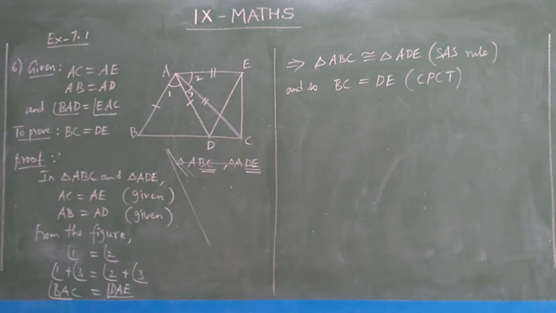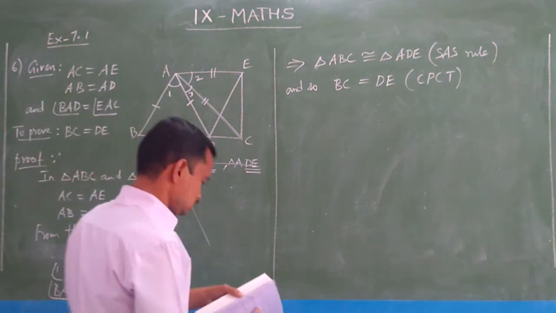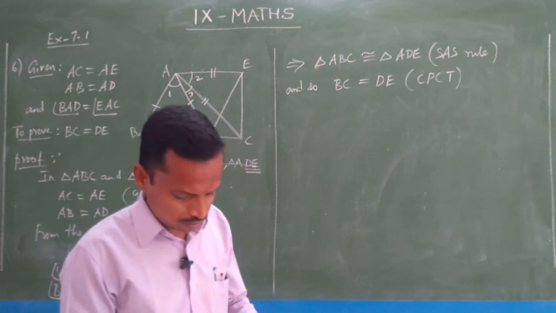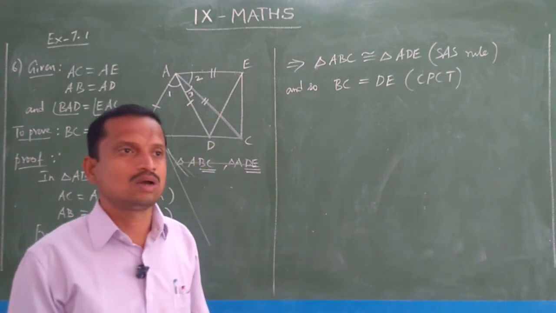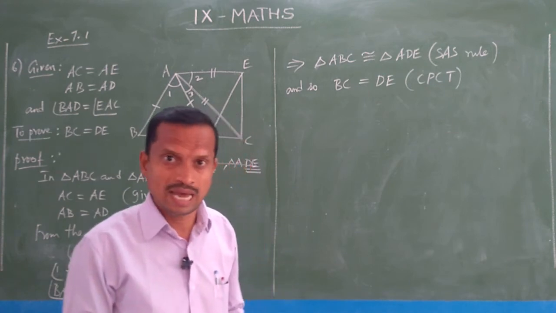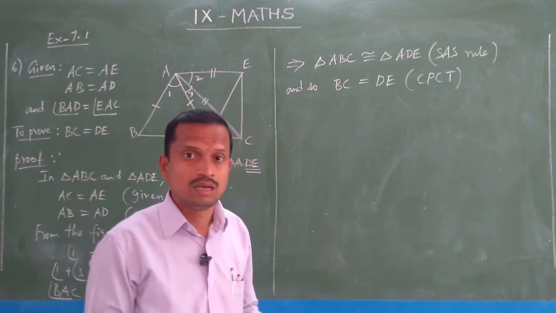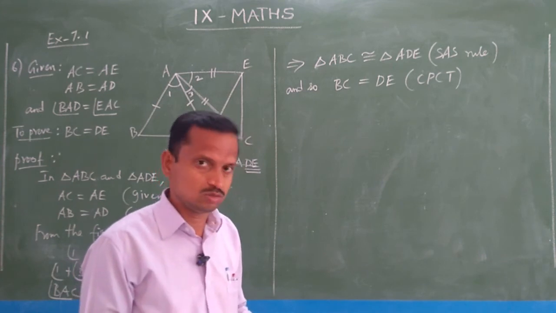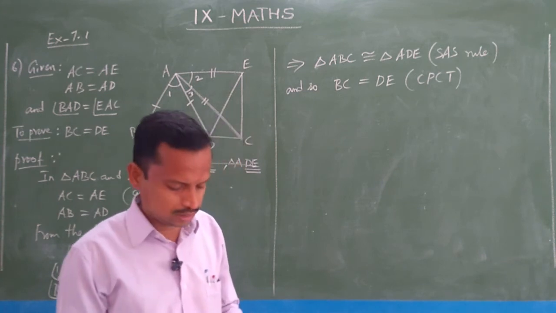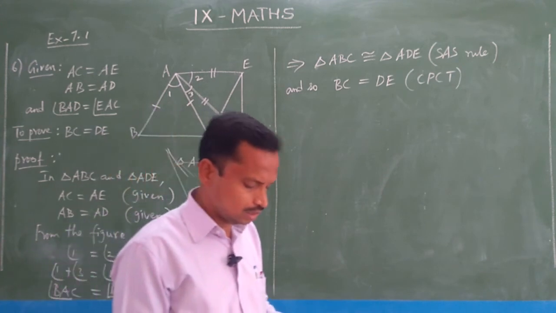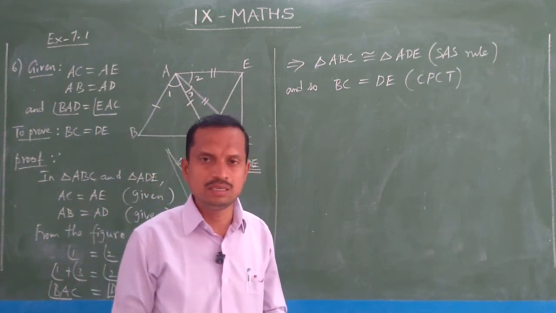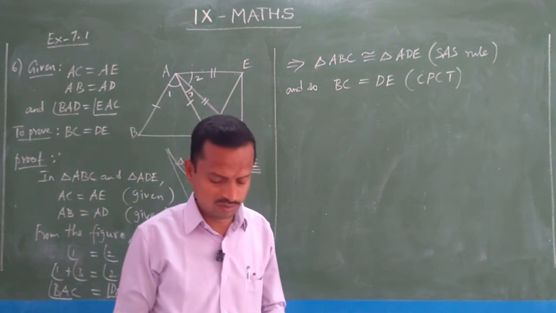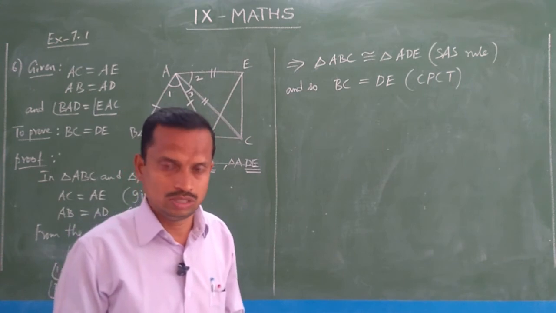And you see question number 7. I think you can do it by yourself. There also we have to add the common angle to the other two given angles. Then you can easily get the proof. Question number 7, you take it as homework. After proving the first part, that the two triangles are congruent, the next option, AD equal to BE, we can easily prove by using CPCT. So the same way as the 6th sum, we can do the 7th sum.